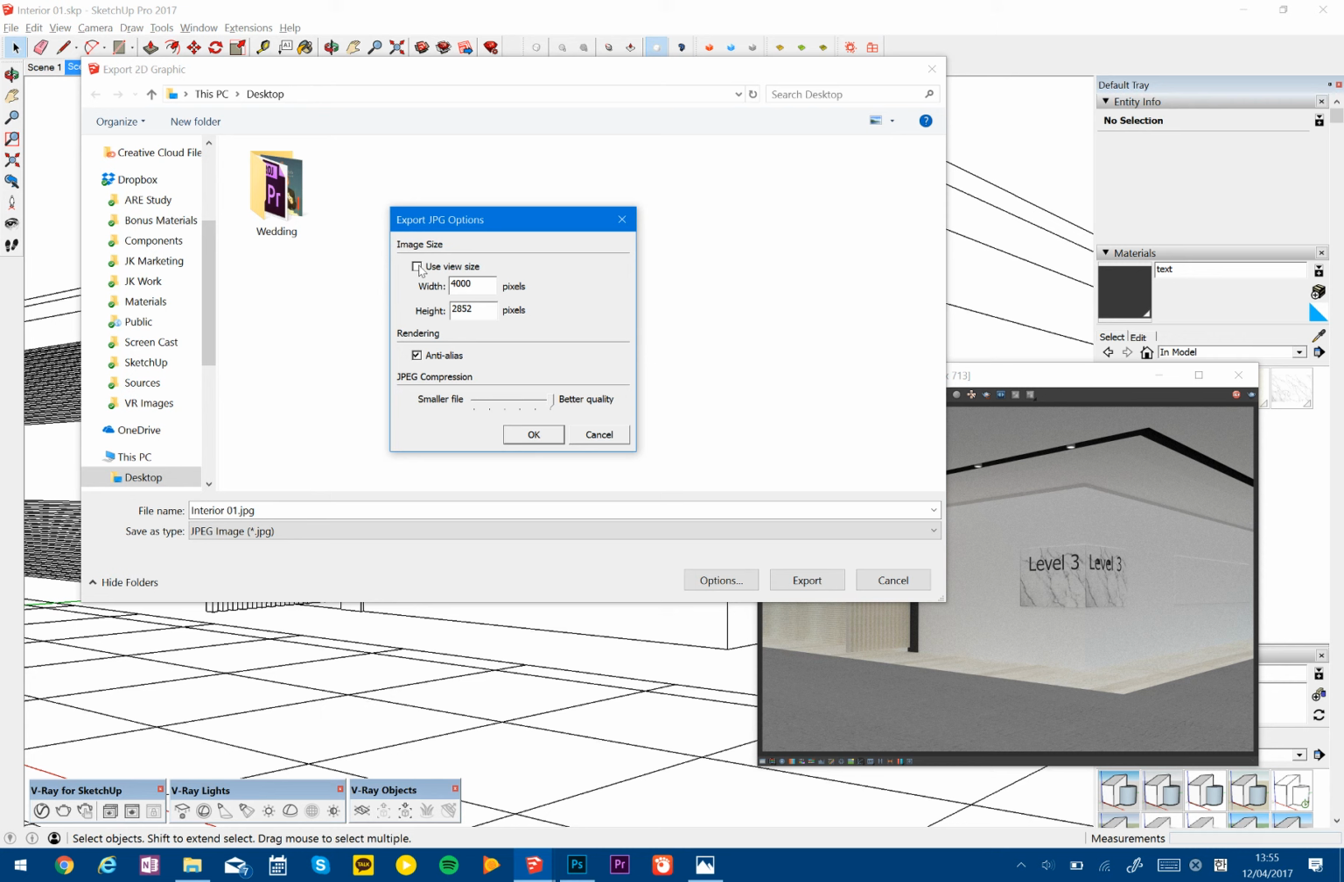But make sure you uncheck this and set it despite the fact that your rendering was 1,000. You would just scale it, like I said, because of the line width. Ideally, I would want my render somewhere around 2,000 or